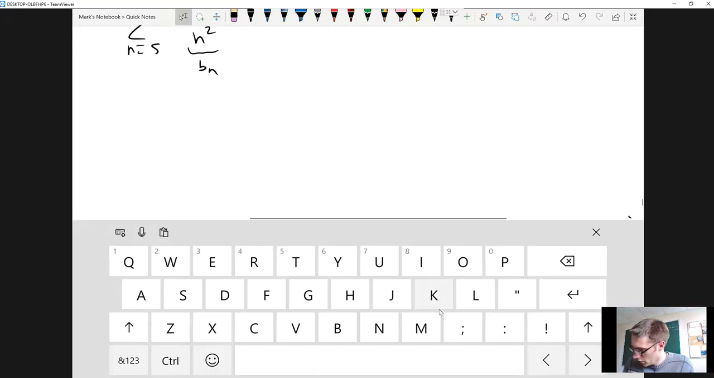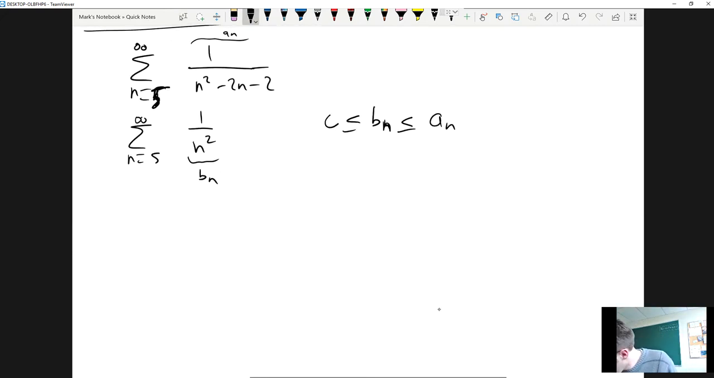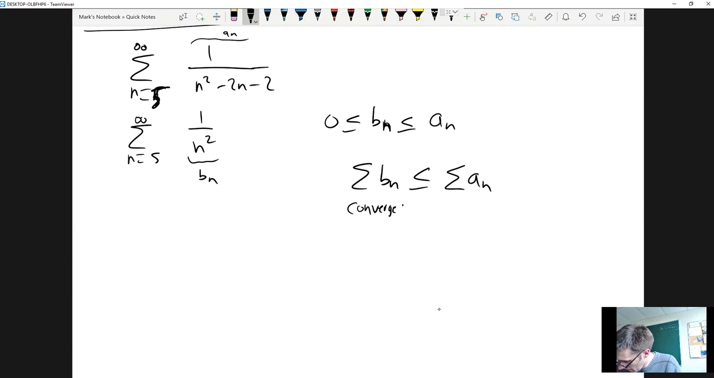Okay, so what does that tell us? Well, if indeed that's true, and they're both, of course, positive here for sufficiently large n, that means that the sum of the bn's must be less than or equal to the sum of the an's. And we already know that the sum of the bn's, 1 over n squared, is a convergent series. And, well, what this means is that the sum of an is bigger